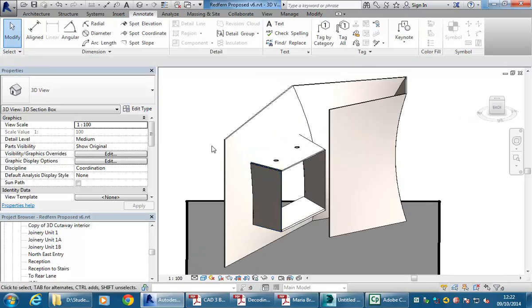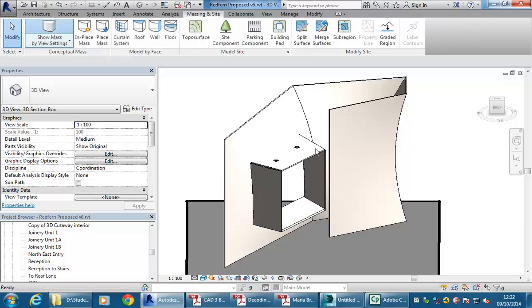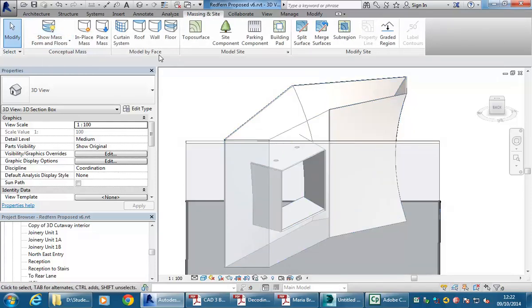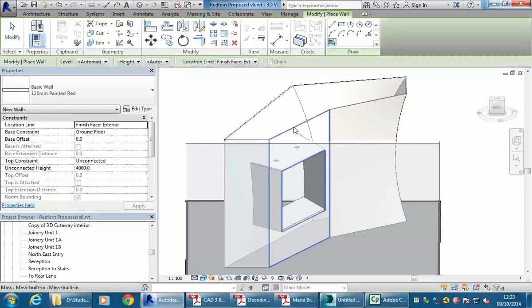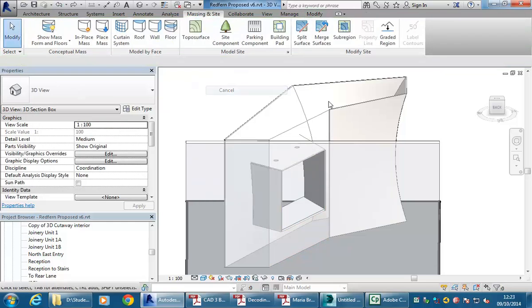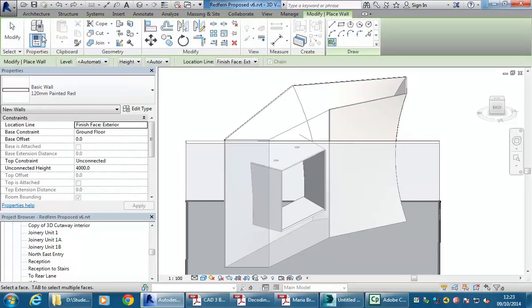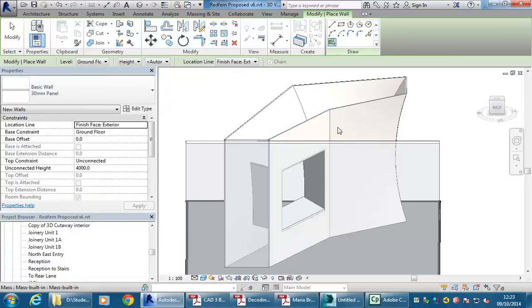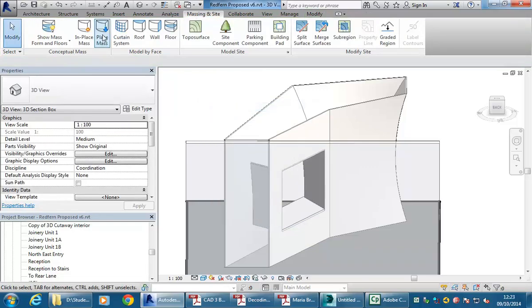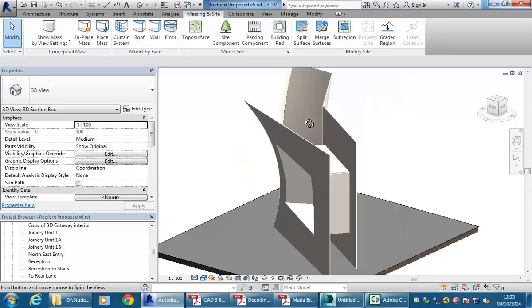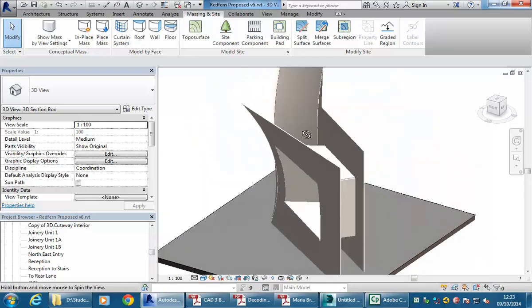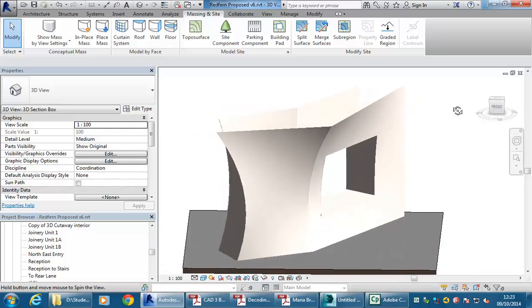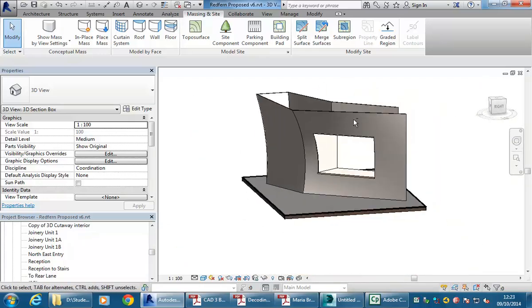Now it's there, it's just that it's part of the mass, so I'll just quickly add that in because my mass element is still there, so I can use the same method to create that piece that I did the other things. So I'll just check the wall type. Yeah, it makes you realise how much work it can all be. But okay, so there we go. So I've got all the pieces showing,